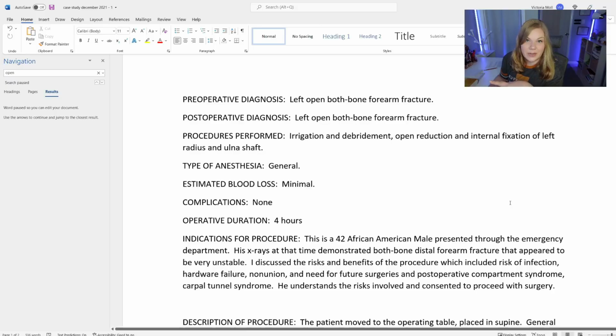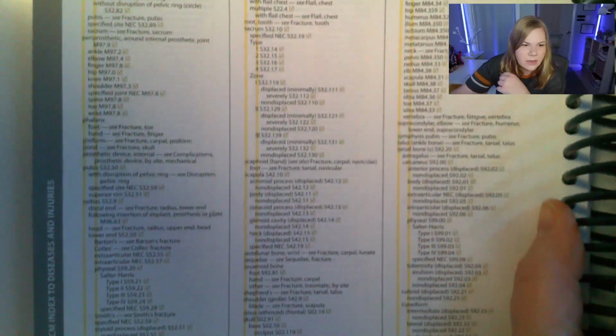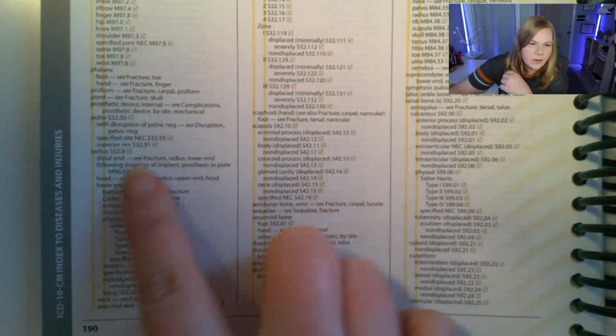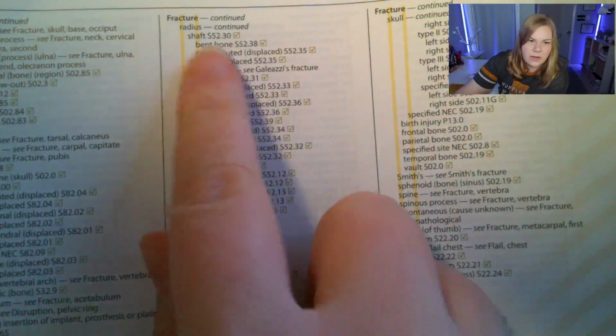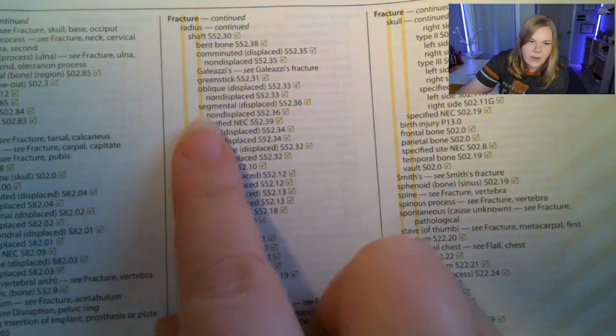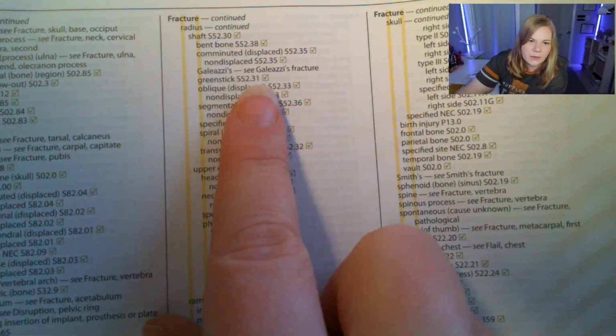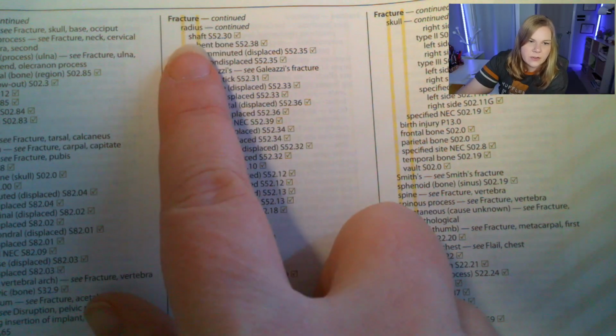Now I want to look up my ICD-10-CM code, so we're looking for a left open fracture of the radius and the ulna. Here is under our F for fracture, and we can see our radius is way down here. On the next column is our shaft. So radius shaft, and we don't have a specified type. It didn't tell us if it was greenstick, oblique, etc. So we would check our